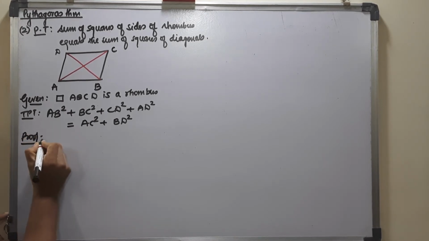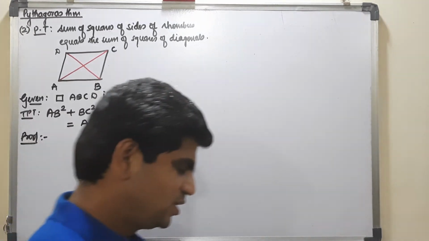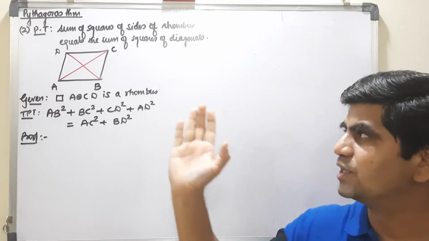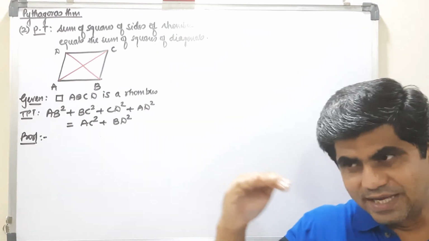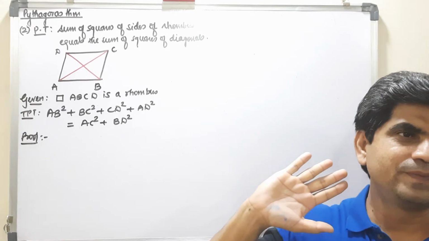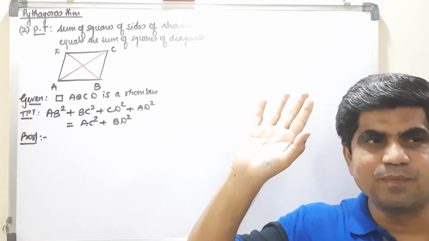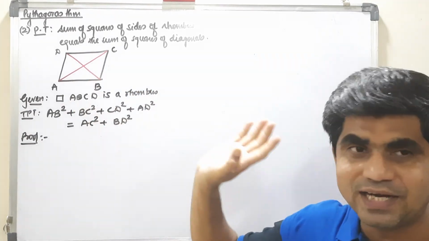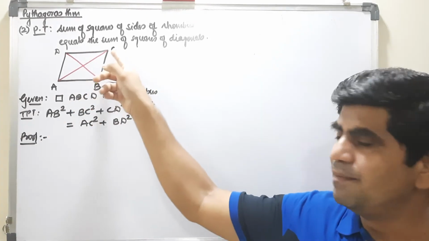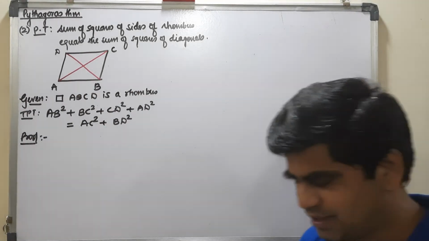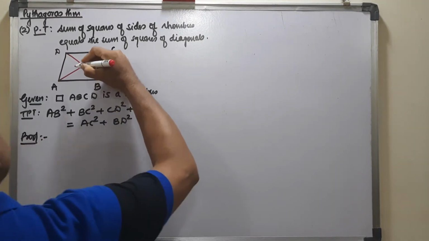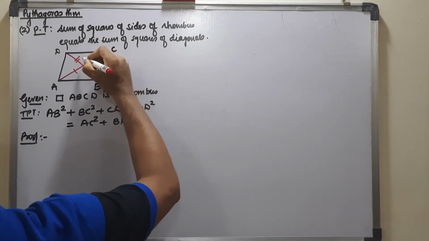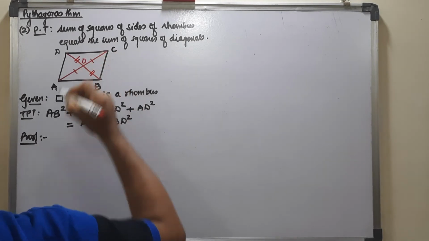So when I talked about rhombus, I know the definition says that quadrilateral having all the sides equal is called a rhombus. No problem. It has all the properties of parallelogram. That means it has one important property which is useful for us. That is diagonals. Means they are talking about diagonal, so I will talk about diagonal only. Diagonals bisect each other. That means this length is equal to this length and this length is equal to this length. So let me take the point of intersection to be O.